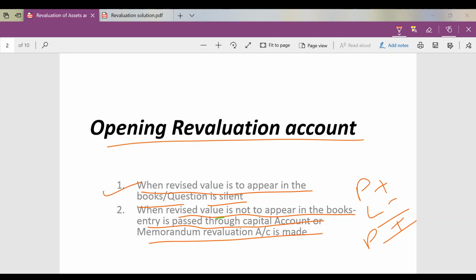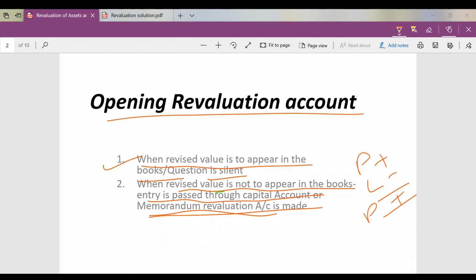Or the other way is when you make a memorandum revaluation account, where whatever assets are debited are credited later also, right? So the value of the asset will not change. Similarly, for all the liabilities, you first do one part, you debit it, you will credit it later, and the effect is counter-affected by the second entry. You'll understand this better when we do it as a practical question.